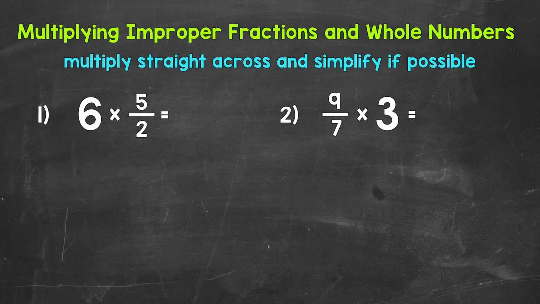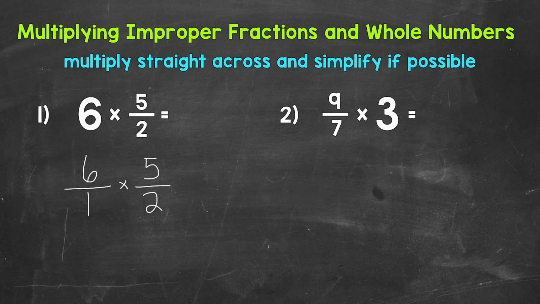Now we need to multiply straight across and simplify if possible. Since we need to multiply straight across, we need to rewrite the whole number in fractional form. That way we have a numerator and denominator, and we can multiply straight across. So let's rewrite that whole number, 6, in fractional form. And we do that by putting it over 1. We can rewrite any whole number in fractional form by putting it over 1. We're not changing the value of that 6. That fraction, 6 over 1, still has a value of 6